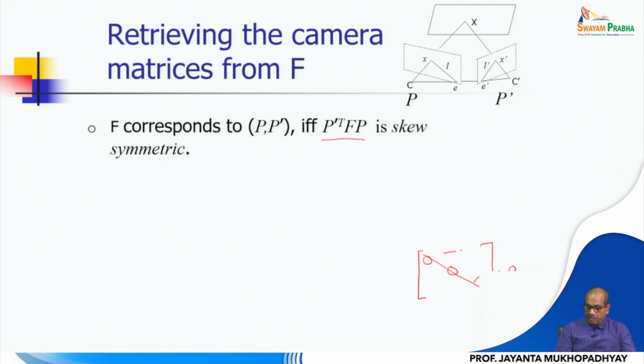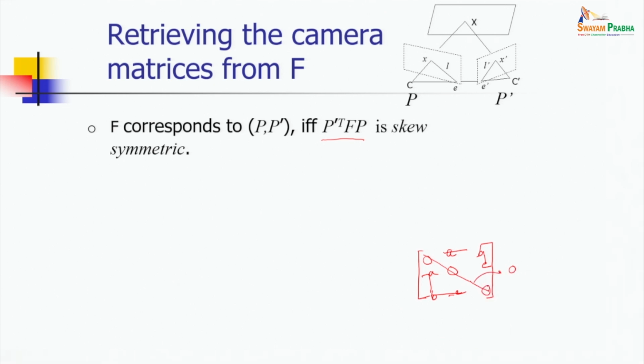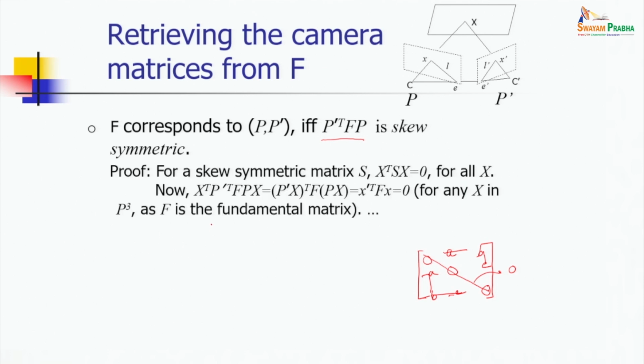And then these off diagonal elements would be such that, suppose this is A, this would be minus A. Say this is B, this would be minus B. And if it is C, this should be minus C. That means instead of symmetric, they are anti-symmetric. So we call this kind of configuration a skew symmetric matrix. So if this property P prime transpose FP is skew symmetric, there is a proof of that, because for any